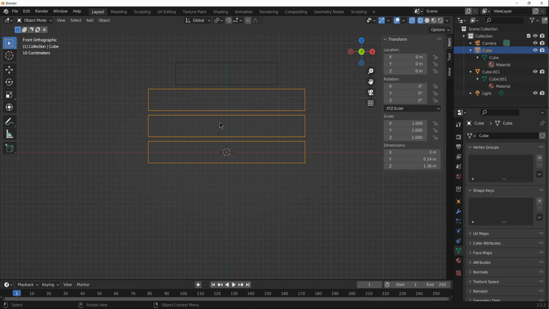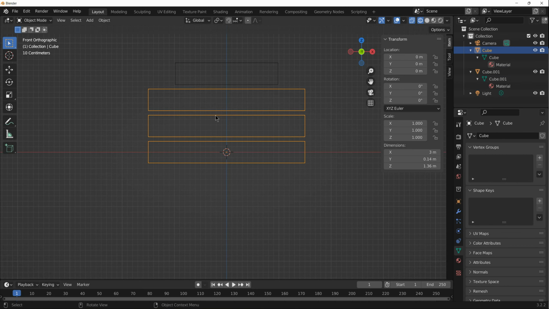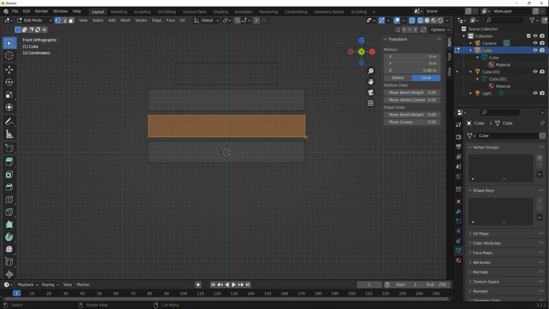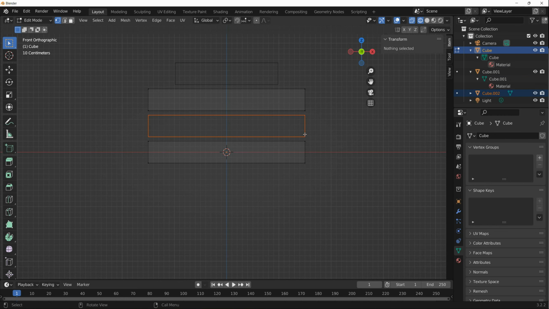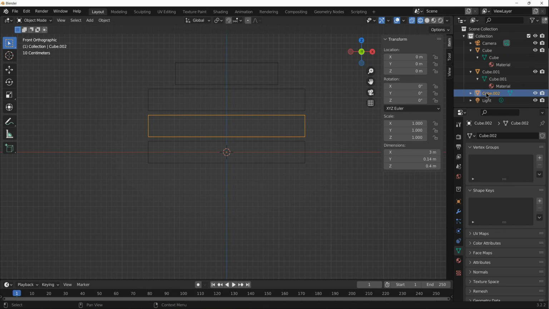For that, do I need to do the P thing again? But P doesn't work in object mode. So if I tab into edit mode and then do the P thing again by selection, interestingly, we've now got a further cube on the right hand side. So that feels as though it could have been right. Having done that, I can go back to object mode, make sure this new cube is highlighted, and do a scale in the